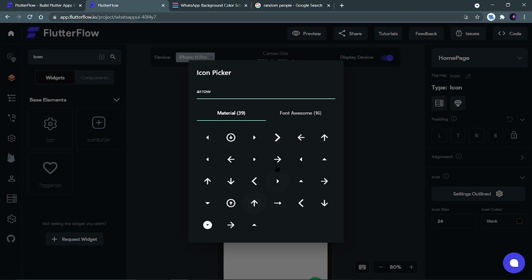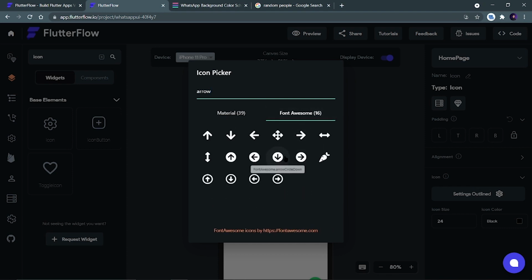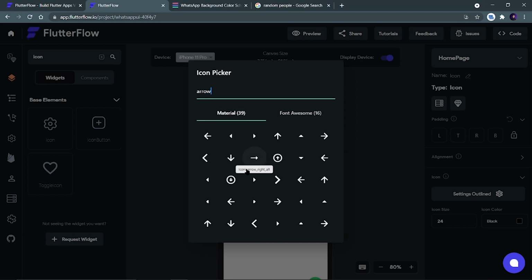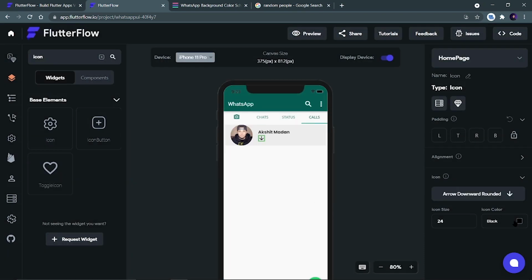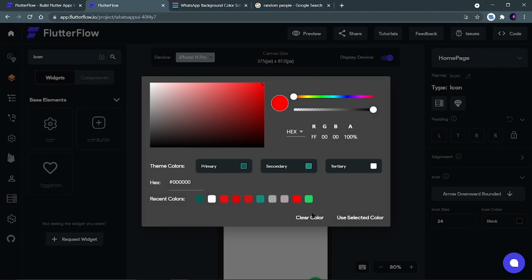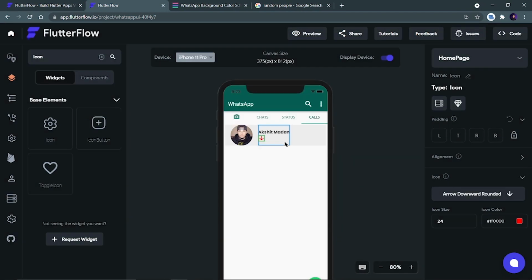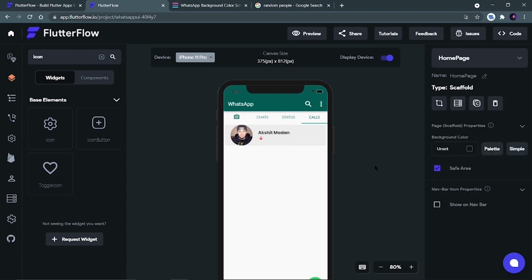I want a little tilted arrow. Let me search for it over here. No, we don't have that arrow in this icon pack, so I'll just add a simple arrow. Let's take this arrow for incoming call, and this arrow for outgoing call. Let's take this call, and let's say I missed this call, so I'll make it red. And let's change the icon size from 24 to 20.